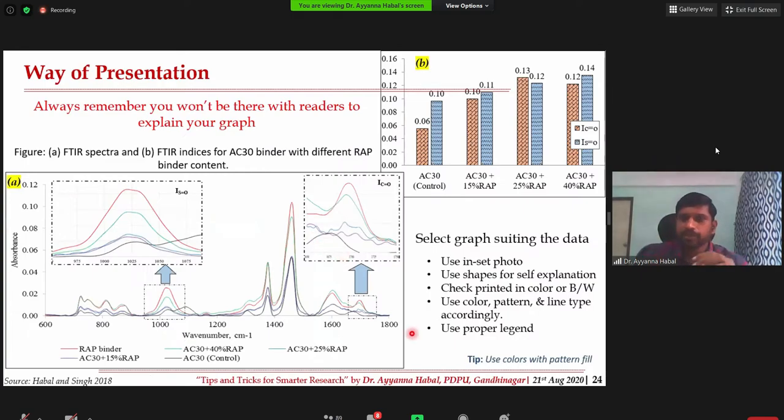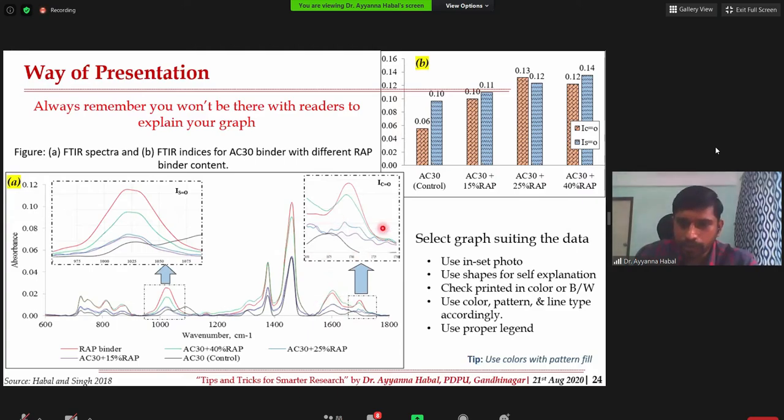Next question is similar to pie chart. There are different charts. Sometimes a single chart may not be sufficient. For example, take this typical FTIR spectra, where we may have to exaggerate some portion because in this spectra, these two are interesting locations. These two regions we can exaggerate and show it, so that these two are linked with this, and in this case, it is easy to understand by the reader.